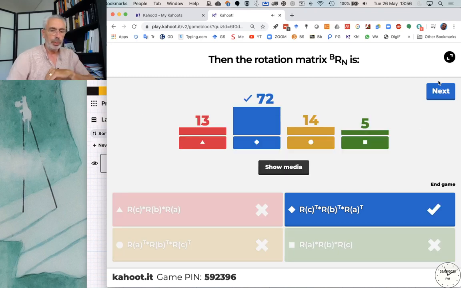Yeah, very good. So with this order of rotation, it should be RA, RB, RC, but we need the inverse, so we need to take the transpose of this guy, and then the order also changes, so this should be